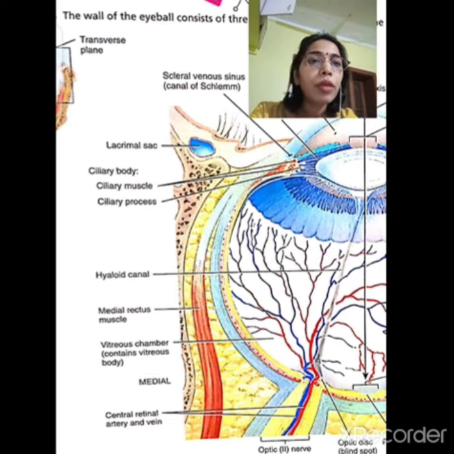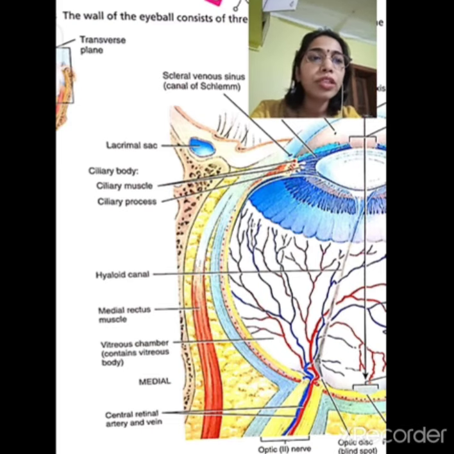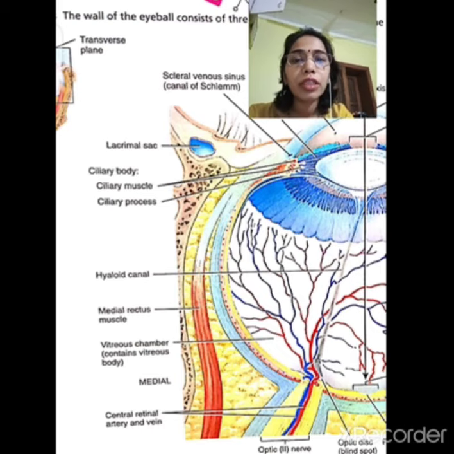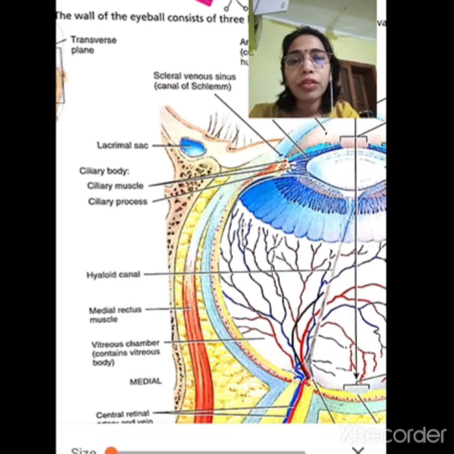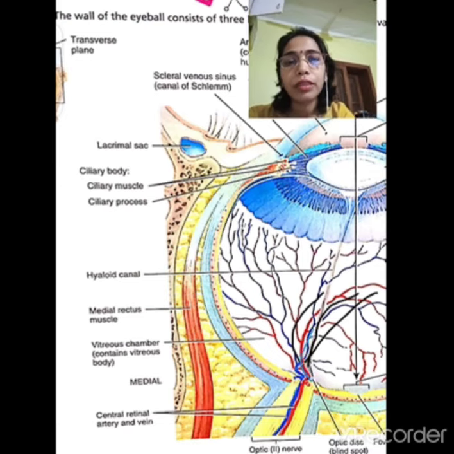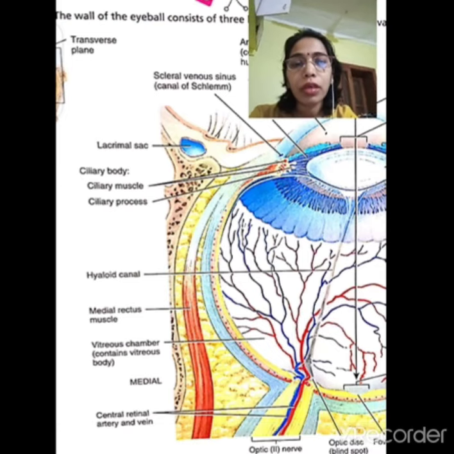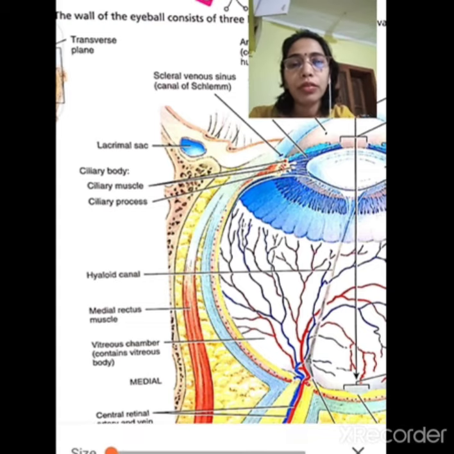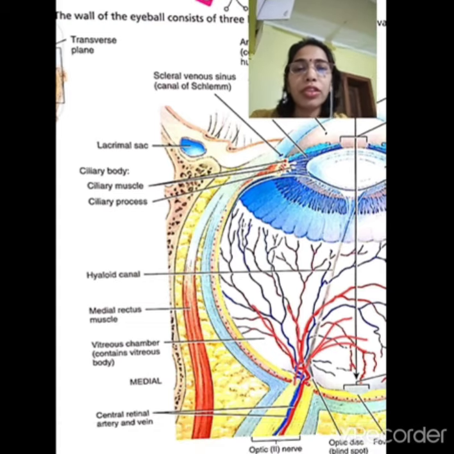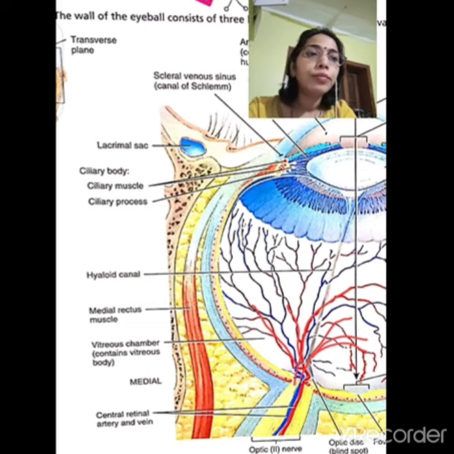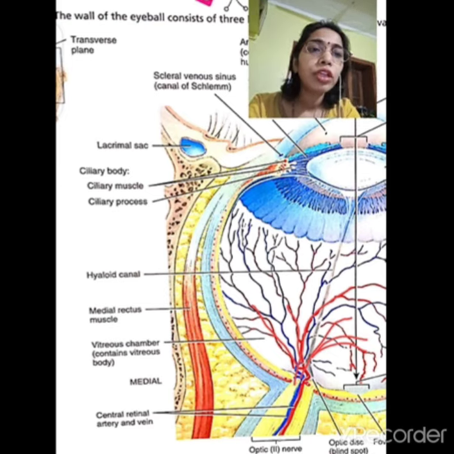Branches of the central retinal artery fan out to nourish the interior surface of the retina. These are the branches of the central retinal artery, and you can see the color change, since arteries are red in color. The branches supply the interior of the retina. On the anterior surface of the retina, the central retinal vein drains blood from the retina through the optic disc.